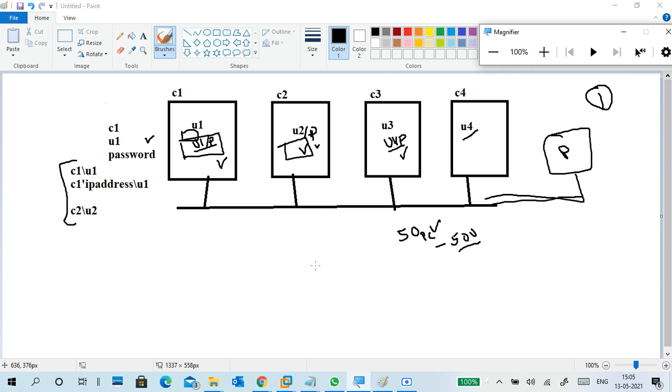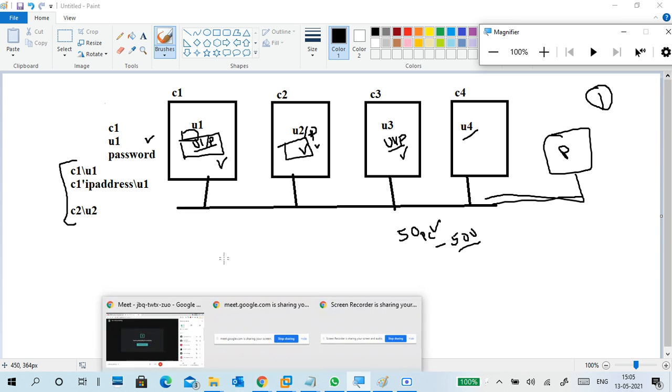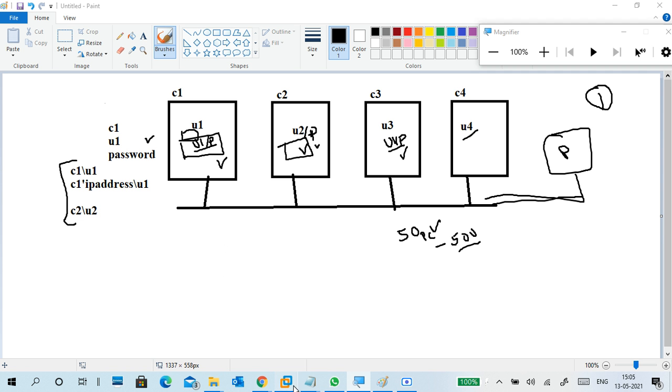But what is the advantage of a workgroup? In a workgroup, each individual PC is not controlled by any other PC, and it also does not access resources directly from another PC. Everything has to be configured manually. We cannot apply configurations automatically to a bunch of computers at a time, so we have to configure them one by one. So this is about your workgroup. Okay, what happened here?